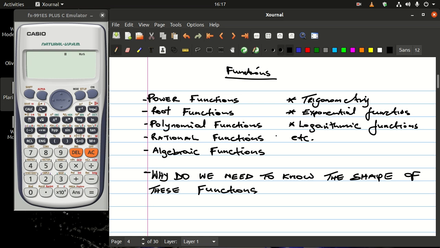The first thing is you will have to plot these points one by one. Maybe, let's say after 1 hour, how many cells? After 2 hours, how many cells? After 3 hours, how many cells? And then you keep plotting that. Once you plot that, you will see that they obey a certain shape. If the shape is one of these functions, it will be easy for you to pick one function and say, okay, I want to model this using this power function or root function or polynomial function based on the shape